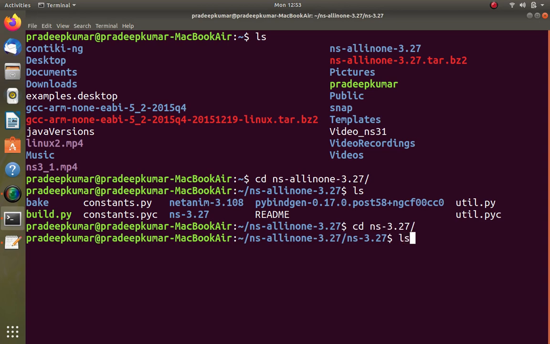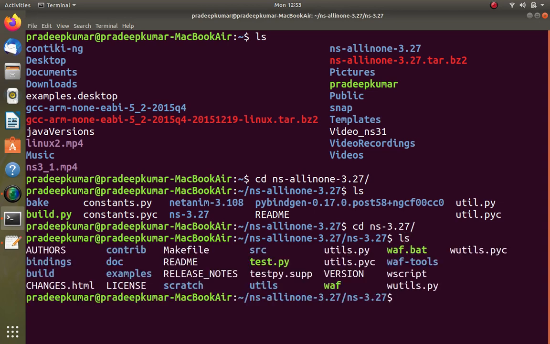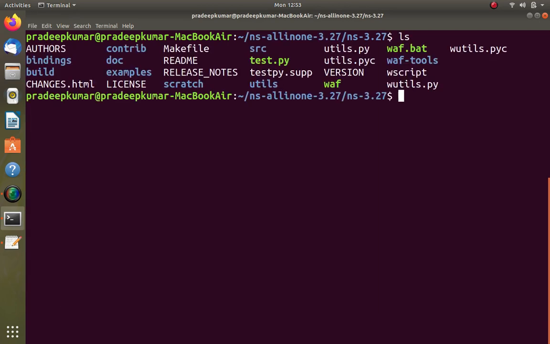Inside this, I clear the screen and type ls. Now you can see there are so many folders available: contrib, documents, examples, bindings, build, scratch, utilities, src and waf tools. There are multiple folders like this.